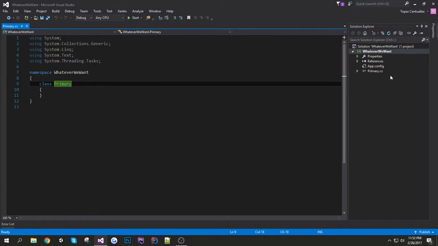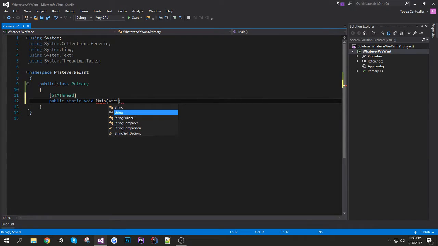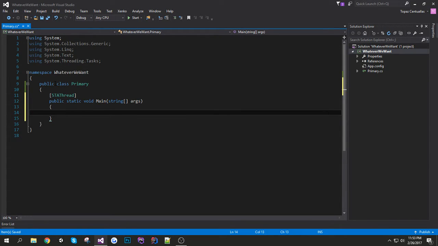This is gonna be the entry point class, and I'm just gonna make it public so I can reference this class later on. And then since we need a thread for our UI to run, we're gonna use the default thread, and then we're gonna create our entry point method, which is of course static void main. This is the first method that's gonna be called when we run the application. And then when this method runs, we wanna initialize the app, which is from the WPF framework. This just starts the application,